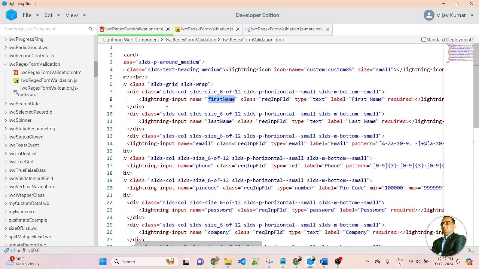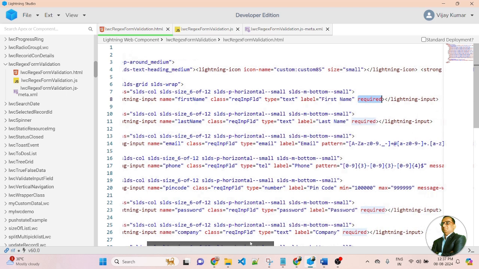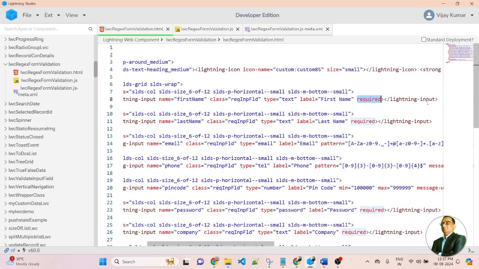Here I am using the required input field class name. So here I am adding a custom style CSS class name. The Lightning input field type will be text and the label is first name. This is required, so all of the fields are mandatory. So here I am using required. This is the close of the Lightning input field.